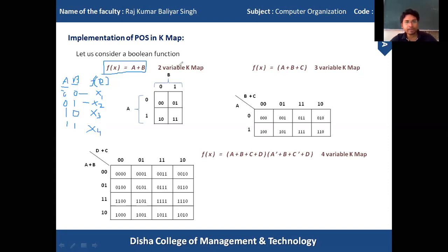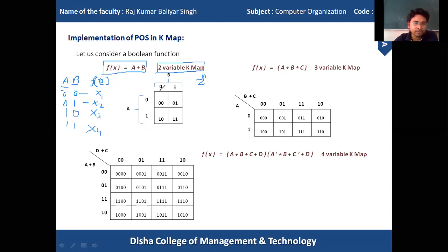And same as SOP, as it is a Boolean function of two variables, we have to use the two variable KMAP. The same rule applies, the 2 to the n rule. That means we have at least 4 cells for this equation, representing 2 columns and 2 rows.